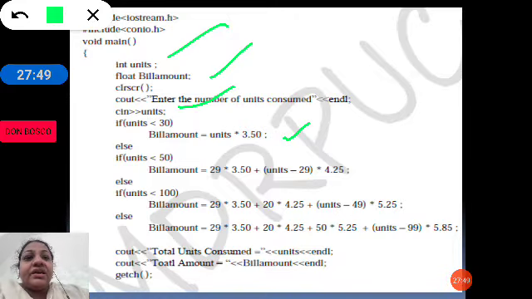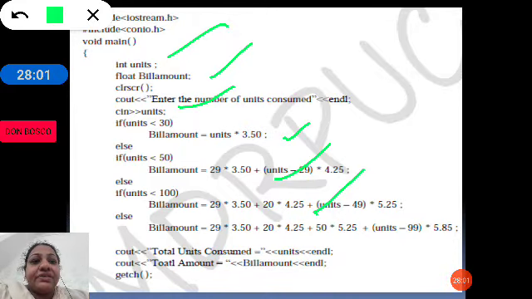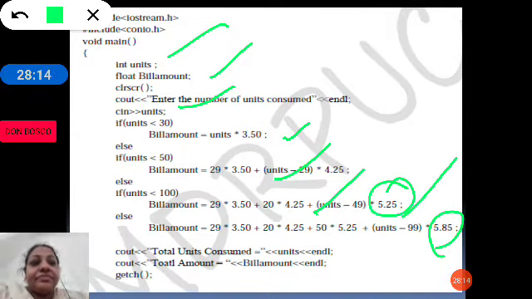Else, if the units used is less than 50, then we are calculating with 4.25. If it is less than 100, that is into 5.25. That is, if it is greater than 100 units, we are calculating with 5 rupees 85 paisa, like this.